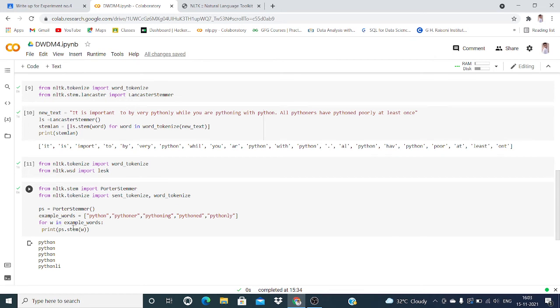For w in example words, print ps.stem w. Here we use the stemming method. Now you can see our output: Python, Python, Python, Python, Pythonli. Here er is removed, ing is removed, ed is removed, ly is replaced by li.